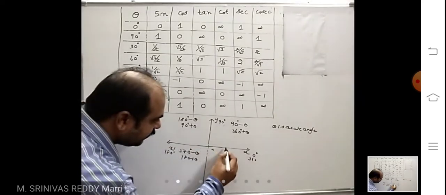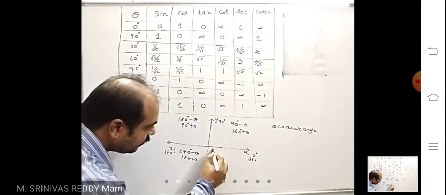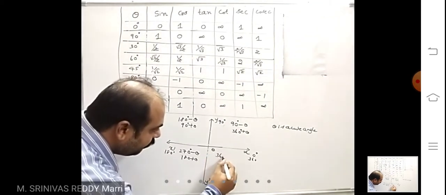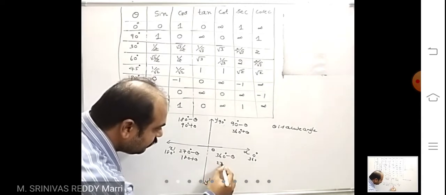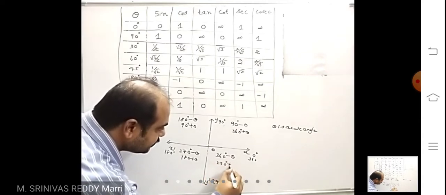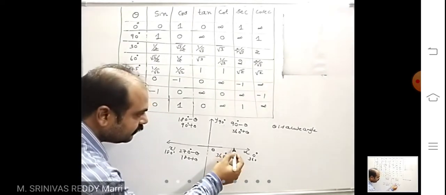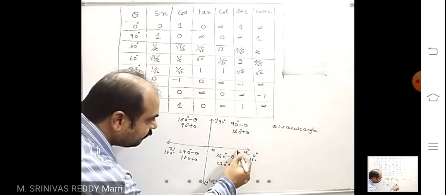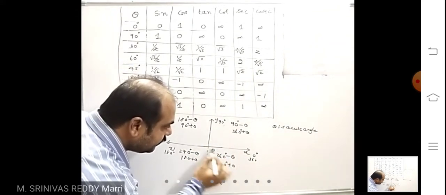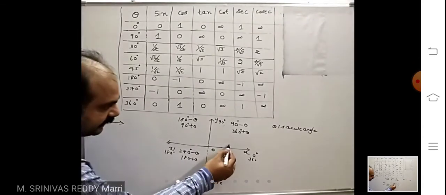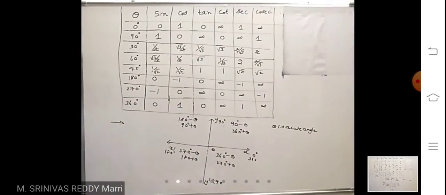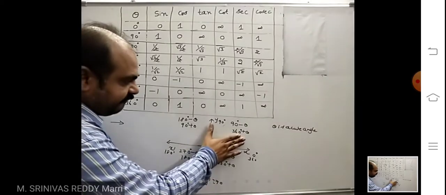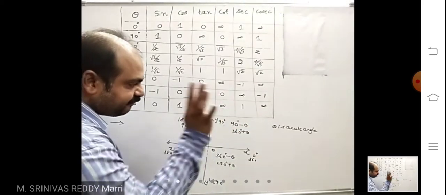In the fourth quadrant, the angle will be of this form: 360 minus theta or 270 plus theta. Look at this. So 360 means this one. Minus means smaller. Here you will get 270 plus, that means till here is 270 and then 270 plus theta, like that. So in the first quadrant, the angle will be either in this form or this form.